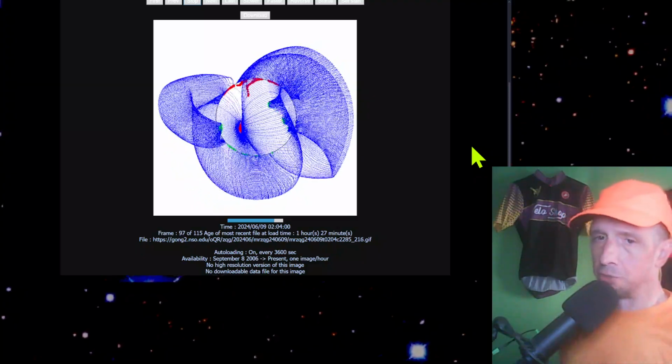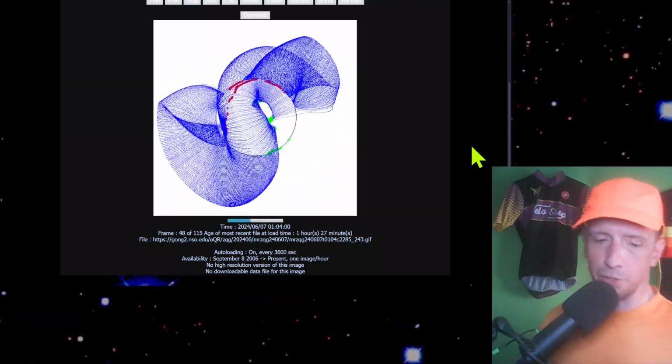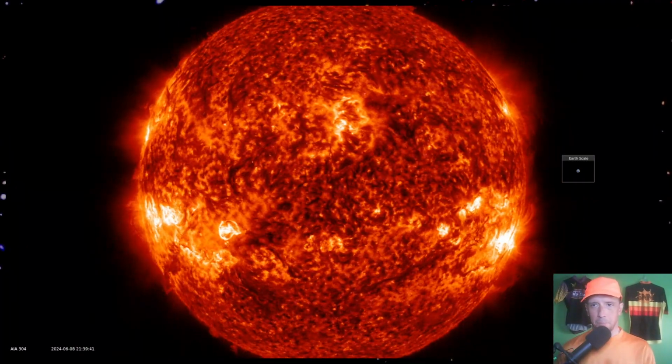Next, coronal holes. And we've got a mixed bag right now. A mixed bag of coronal holes, I tell you. So let's move on and take a look at...